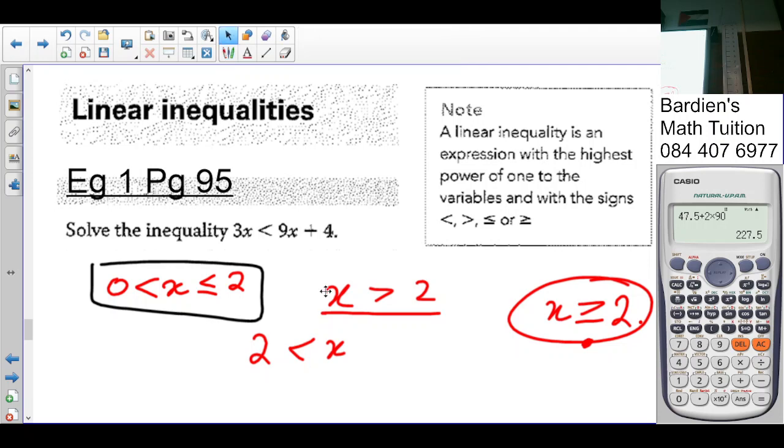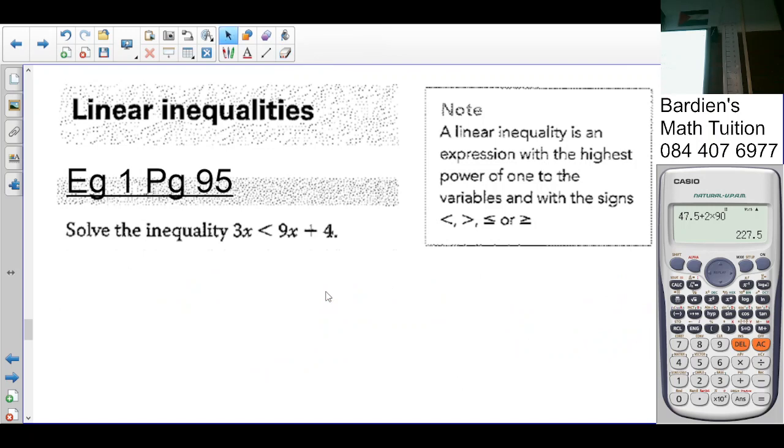Okay. Now coming back to the sum we have on the board. It says solve the inequality 3x is less than 9x plus 4. So what do we do here? As we do in an equation, we take this 9x over the sign. So what would that now become? 3x minus 9x is less than